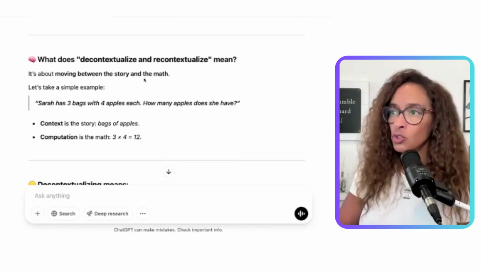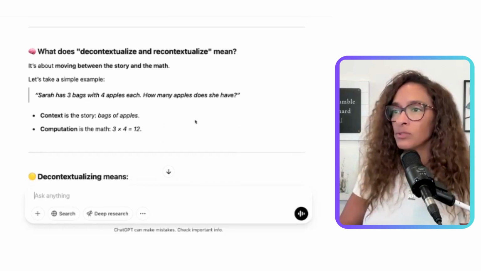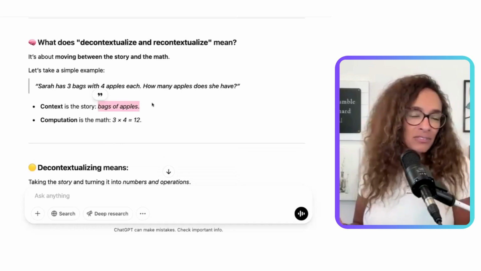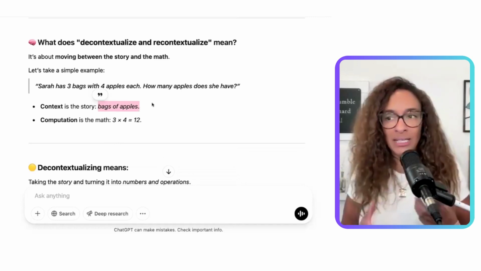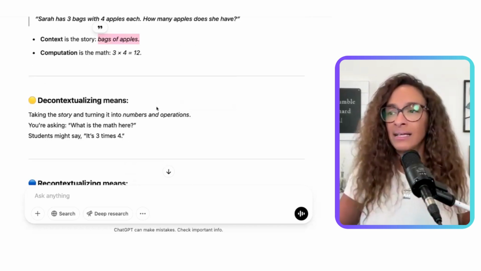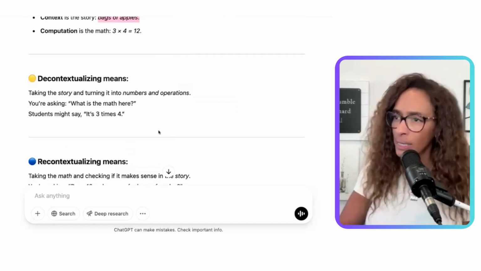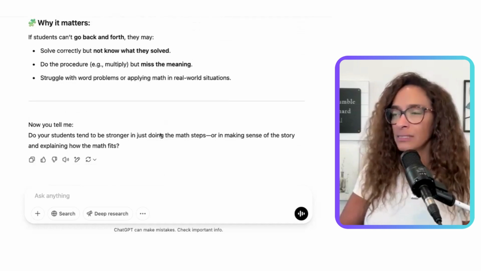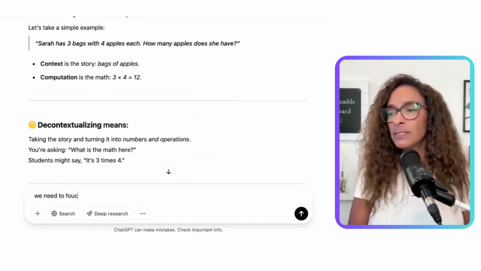It's about moving between the story and math. So Sarah has 3 bags with 4 apples each. How many apples? So context is the story. This is the context. It's like when I give ChatGPT context, what's the background? And then computation. Can I do the math? And then decontextualizing, meaning take the story and turn it into numbers. Great, can do that. Recontextualizing. Perfect. And then I would say we need to focus on